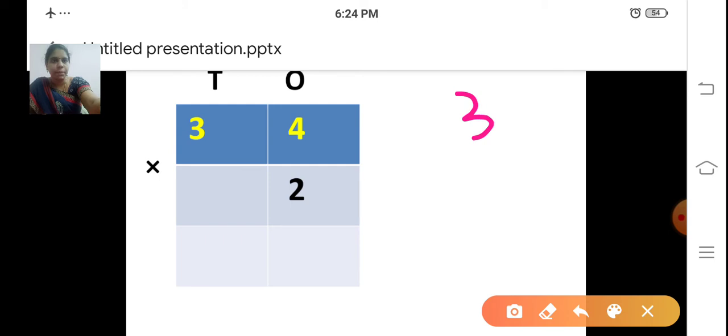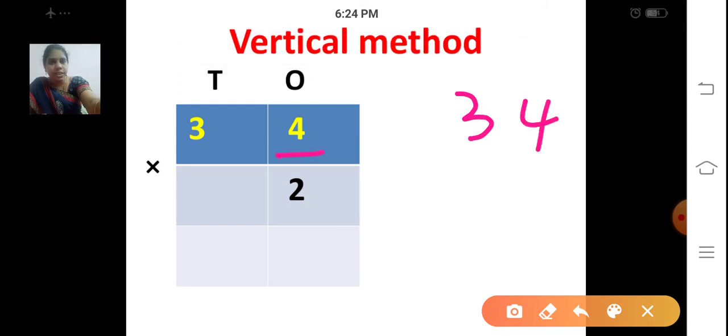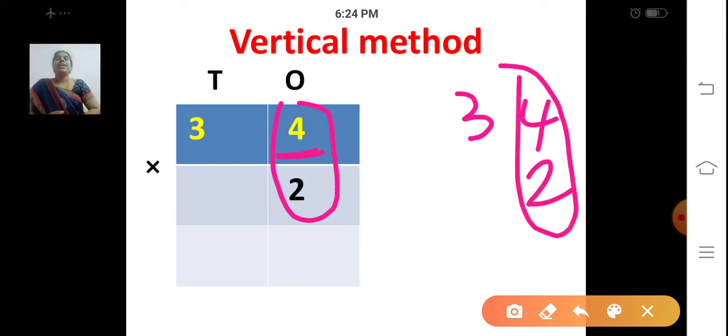First we are going to take the number 34. So first 4 I am going to multiply by 2. First I am going to multiply these two, the digit at the ones place by 2. So 4 2s are 8. Where will you write the answer?